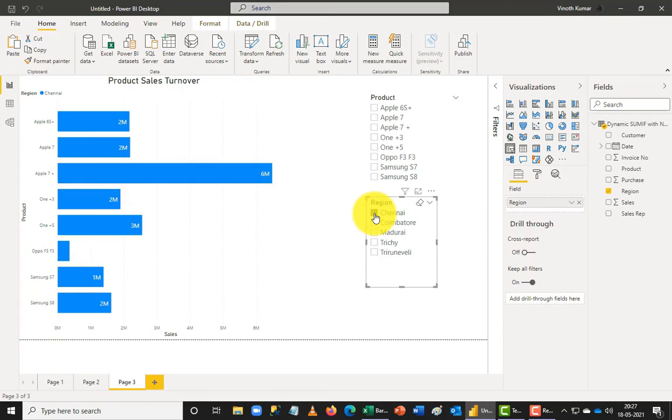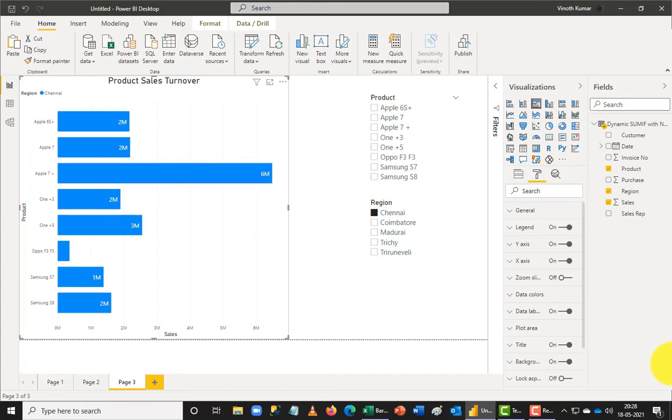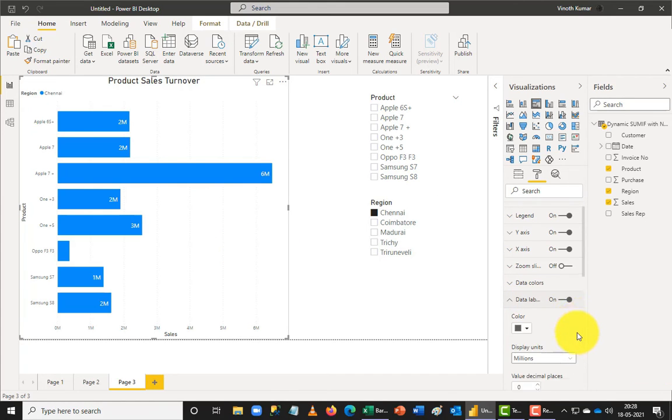So when I add a Chennai application, you can see almost all of them are coming up except one line item here, because it's not able to show the values. So then we need to do the format adjustments here. Now I can literally change the dimensions here. When I click it, the data labels are showing up.